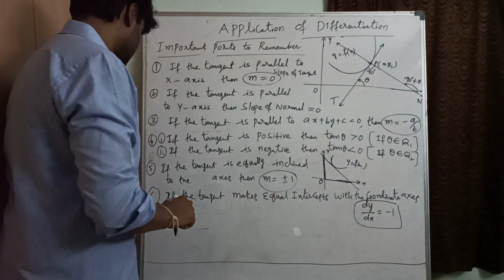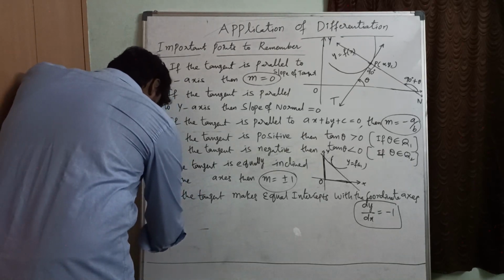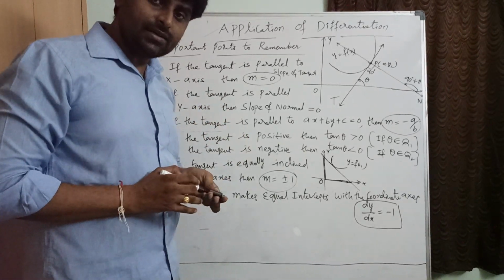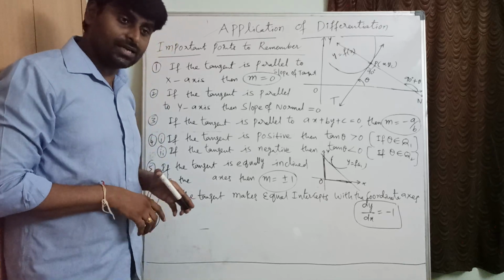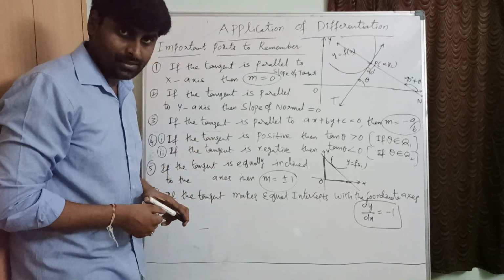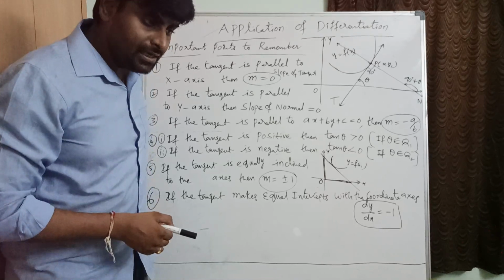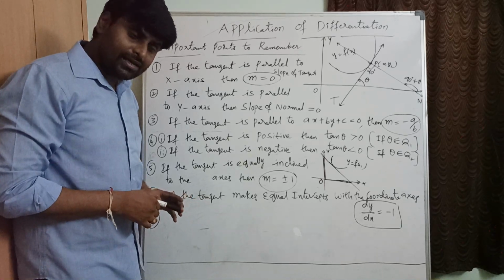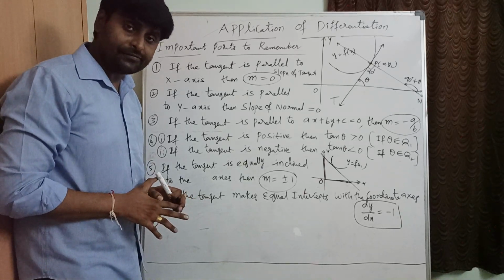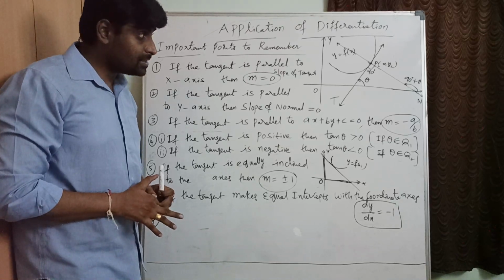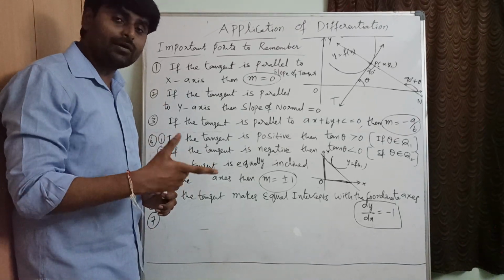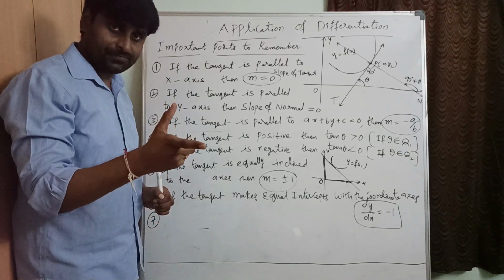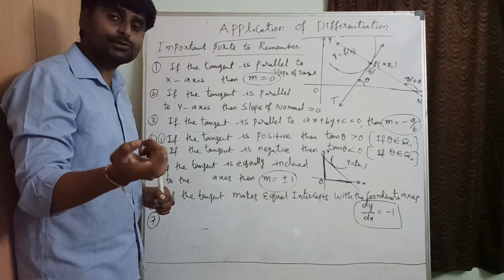Okay, so now, the seventh point in this: sometimes the equation of the curve will be given in parametric form. Generally you will not be given the equation of the curve directly. Generally every time we can expect the equation of the curve in the form y equal to f of x. But can you expect that every time? No. Sometimes the equation of the curve will be given in parametric form, like x equal to f of t, y equal to g of t, right? Like x equal to at square, y equal to 2at, like that.